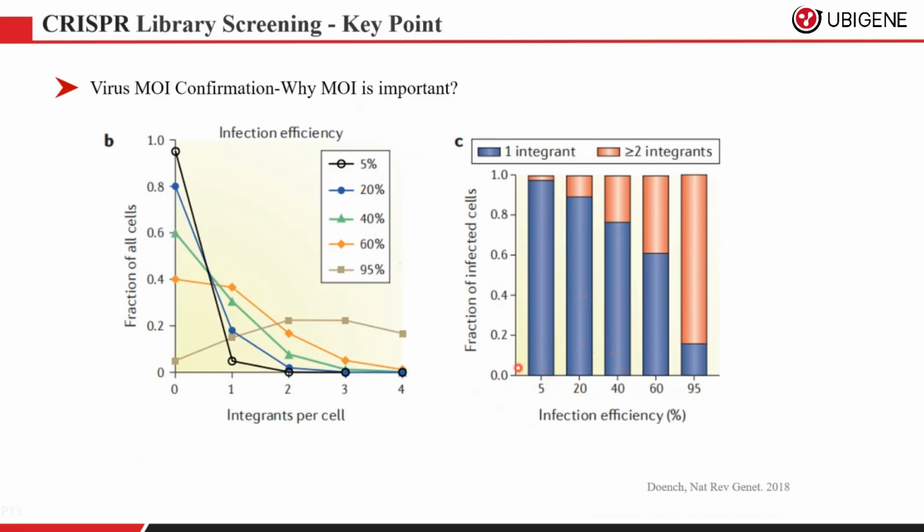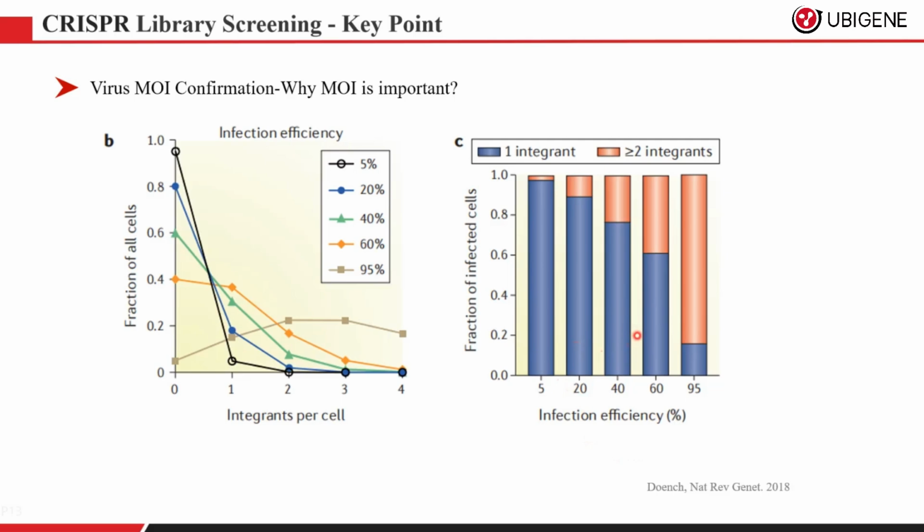When infection efficiency is below 5%, the number of surviving cells after drug selection is too low to meet the requirements for laboratory screening. To balance experimental feasibility with the demands of CRISPR laboratory screening, it is generally recommended to control the infection efficiency between 20% to 40%. Based on our experience, an infection efficiency of around 30% is optimal. This ensures that most cells are infected by only one virus particle, while also providing sufficient cells for the